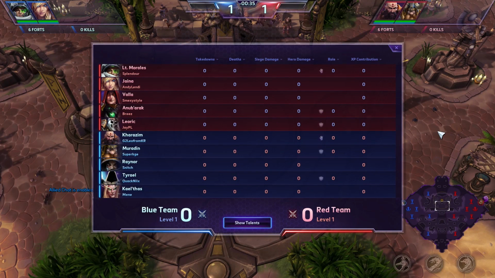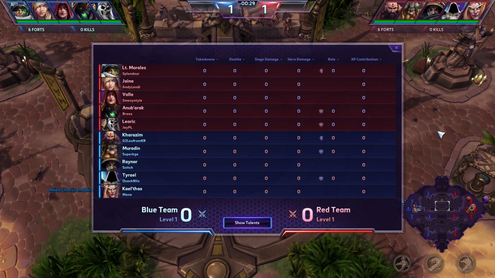Alright everybody, welcome to another match here at the EPL, the European Pro League, our mixed professional player league in-house thingy, where we have to the left side Lieutenant Morales, our little Latina, played by Splendor. We have Andy Landy on Jaina, Smexy Style on Valla, Breeze playing the Sexy Beetle here on Anub'arak. We have JPL playing Leoric, and to the right side of the map, team number 2 with Leo from